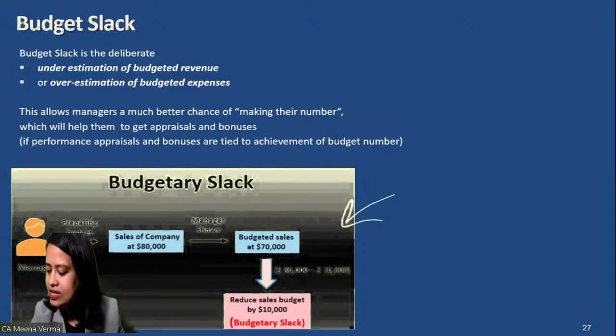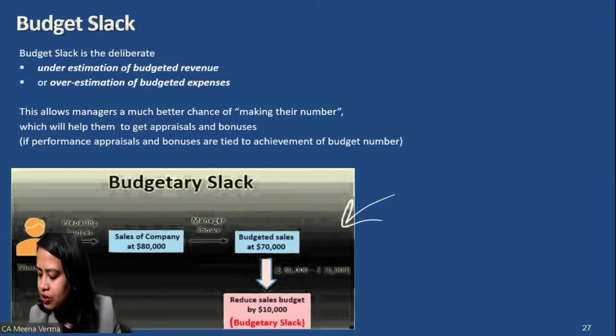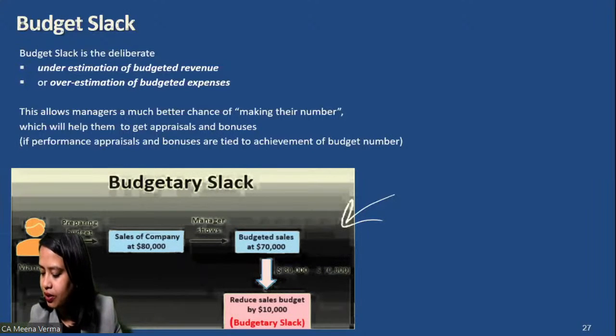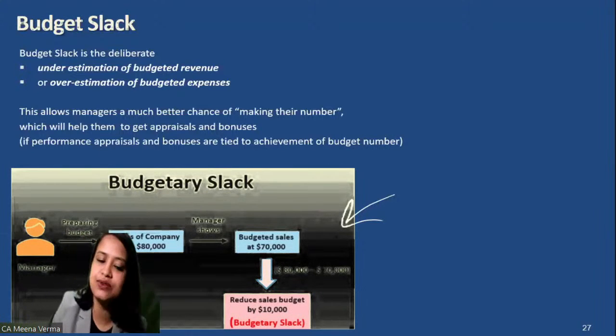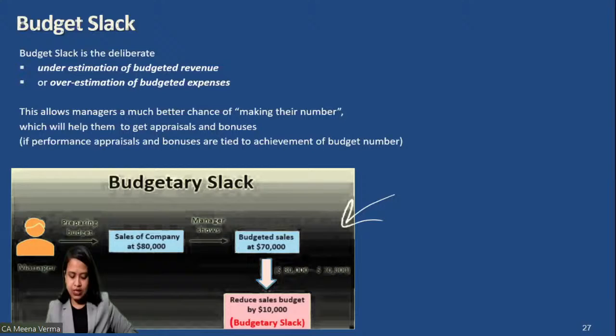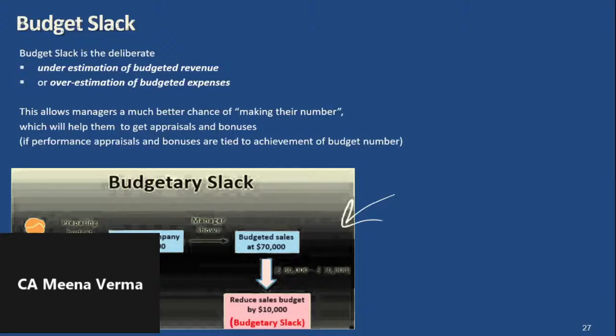Okay, now let us see what is budget slack. Let me explain this budget slack. I think you don't have any doubt. Okay, no doubt. Thank you. Now let us understand the next topic, budget slack. It's a very important topic. See, why it is not good to use this budgetary control, because this budgetary control influences to have a